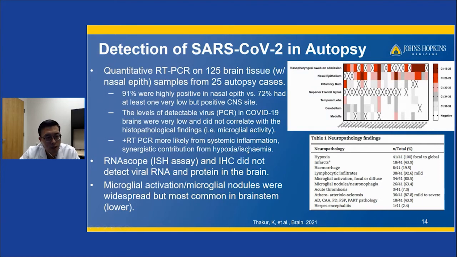This study concluded that positive RT-PCR from this brain tissue was more likely from systemic inflammation than direct invasion or infection, and a synergistic contribution of hypoxia and ischemia, which is common in COVID-19 patients. They also looked at ISH assay and immunochemistry, and did not detect any viral RNA and protein in the brain tissues. You can see here